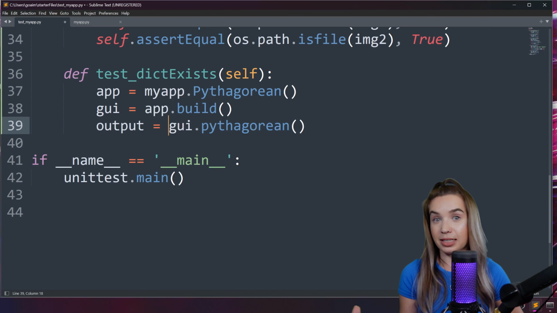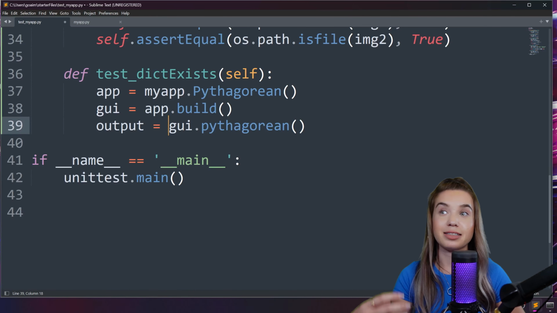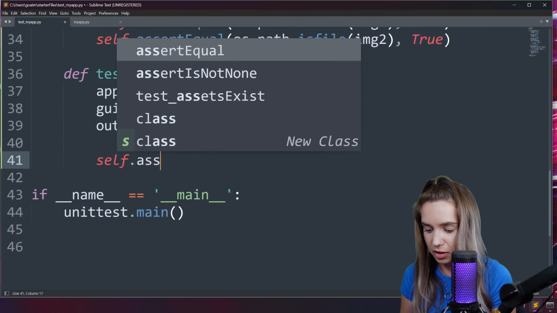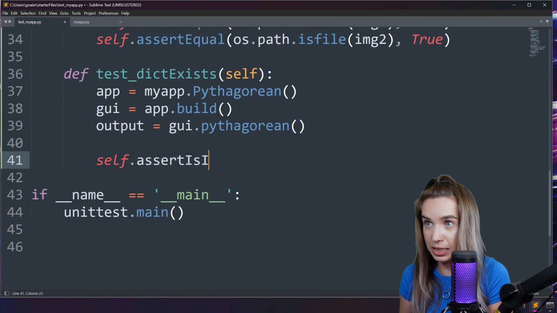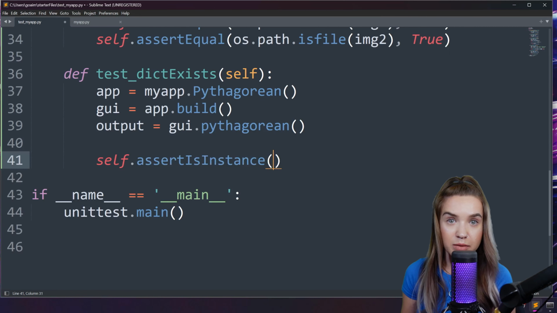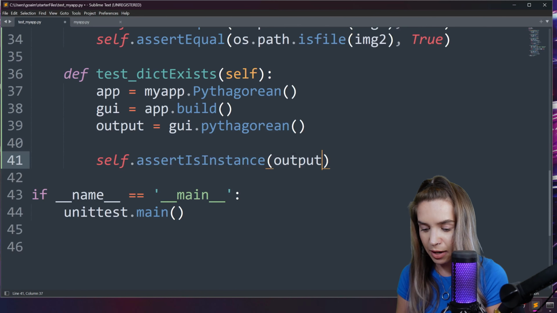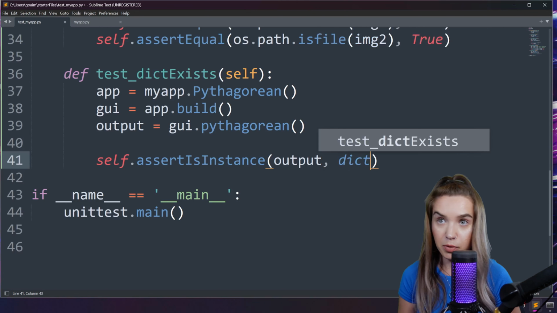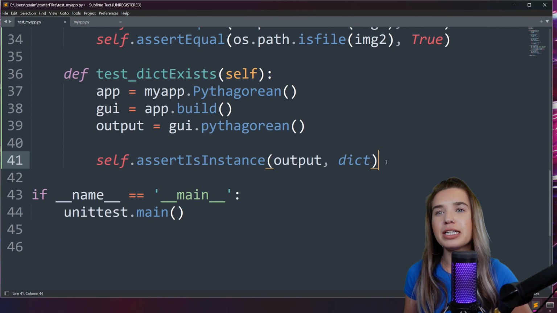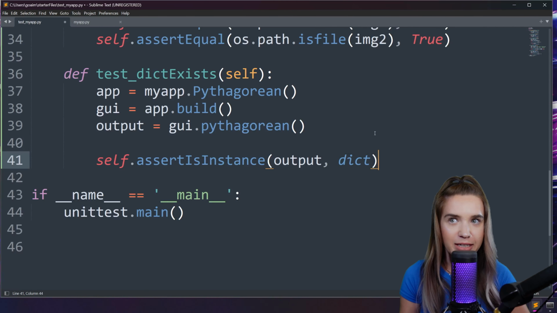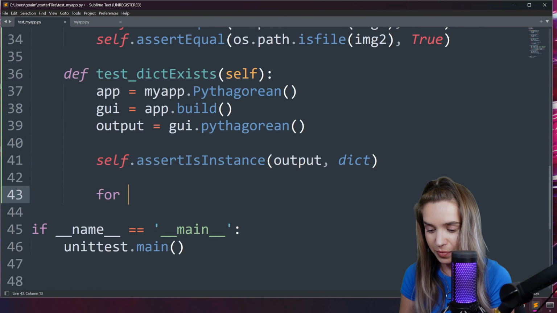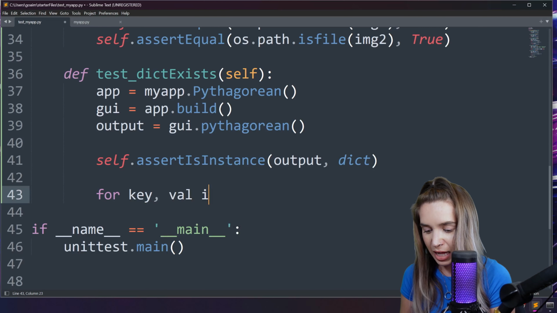Okay, now to test if a certain element has a certain data type, we will use an assertion called self.assertIsInstance, where the first argument is the element, in our case output, and the second argument is the data type, in our case dict or dictionary. Now, if we're already here, we might as well verify that it's a dictionary of strings. For this, we will create a for loop for key, val in